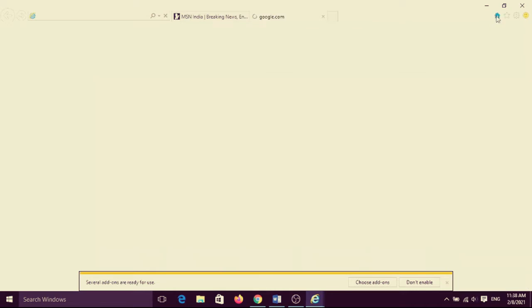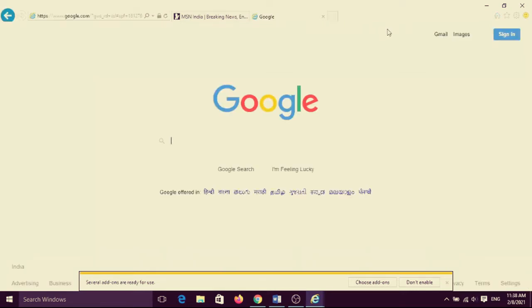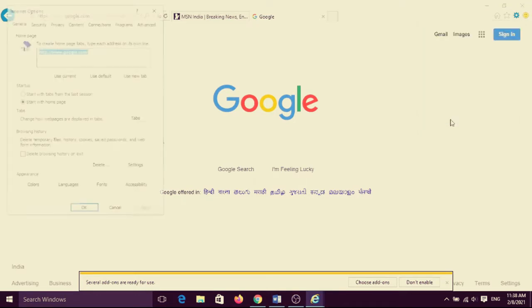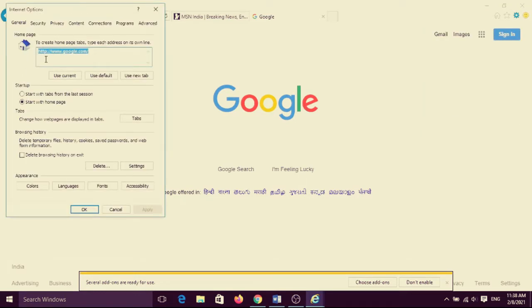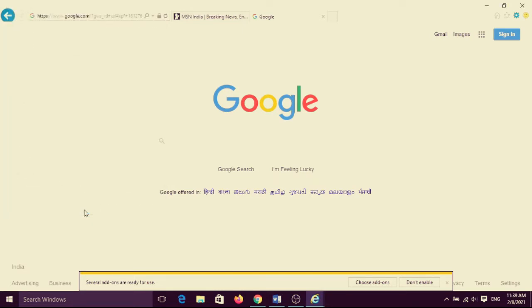If you click on home, say I have typed that in home, there is google.com given. What you have to set in the internet option is the home page that you want. If you want another, you can type it here and click apply and OK to open it. Now it is by default whenever you want to open a website.